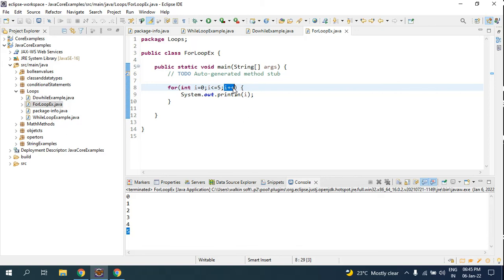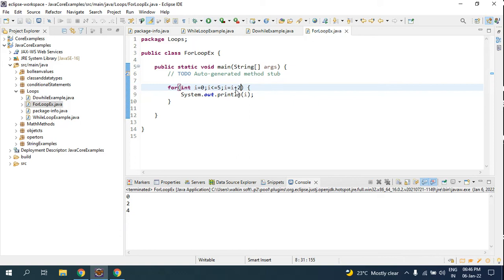Look here, it's not that every time it should be incremented. It can be like i plus 1. It can be whatever you want. You can do that. Suppose now if I do i is equal to i plus 2, not increment, i is equal to i plus 2. Let me see what the output I'm going to get. Look here, I got 0, 2, 4 because I have given the value i plus 2. It's not the increment every time.